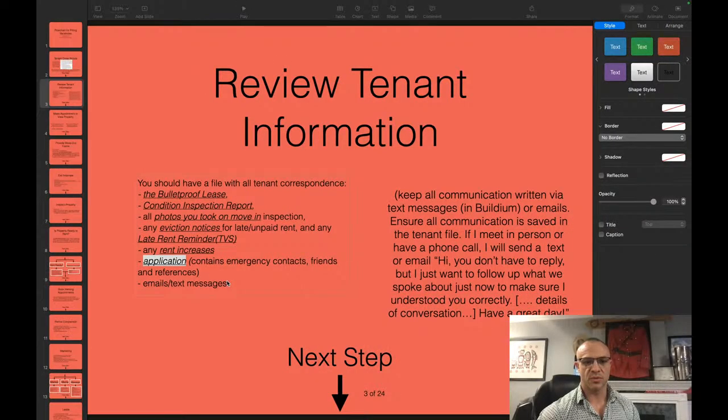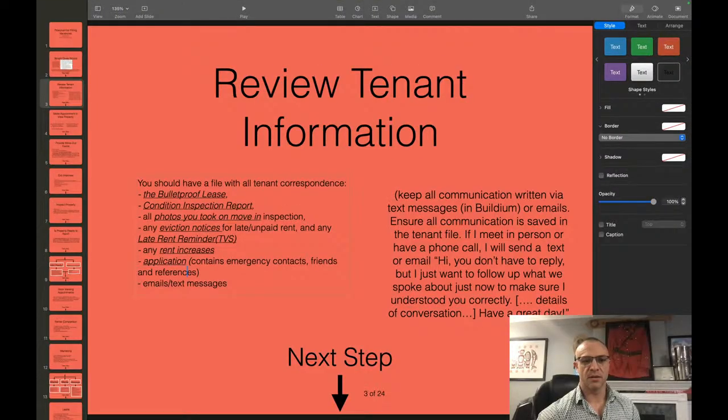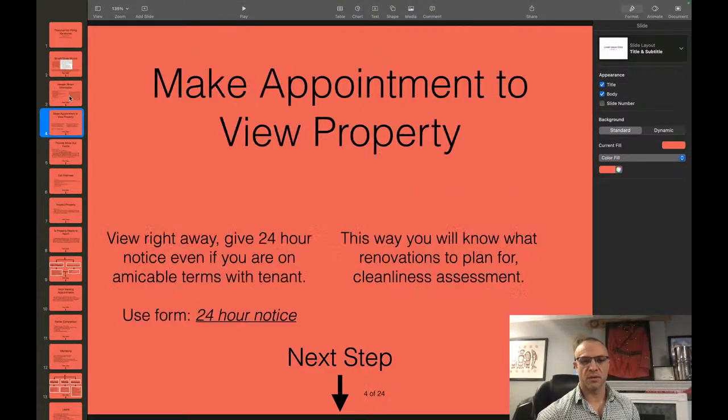So you want to get ahead of this, and ideally, if you can do this in your business, one tenant will be moving out at the end of the month, and then the next tenant's moving in at noon on the 1st, so that you don't have a lapse in revenue for that particular month. But a lot of times, especially property management companies, there's a month where you're vacant in between tenants,